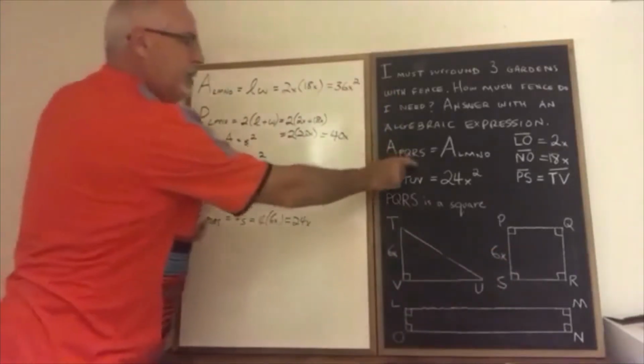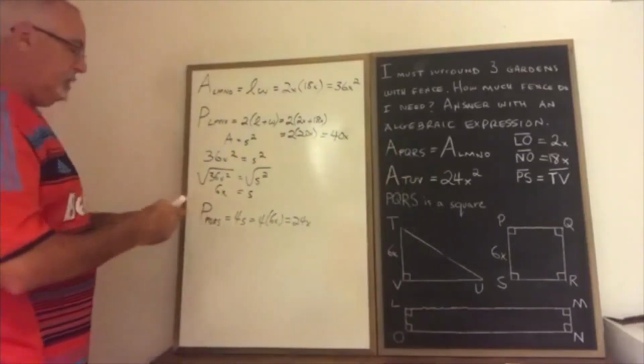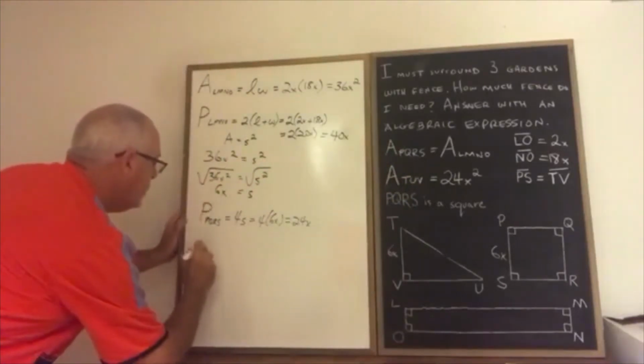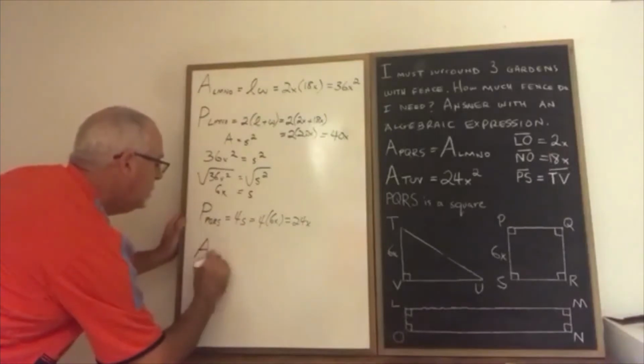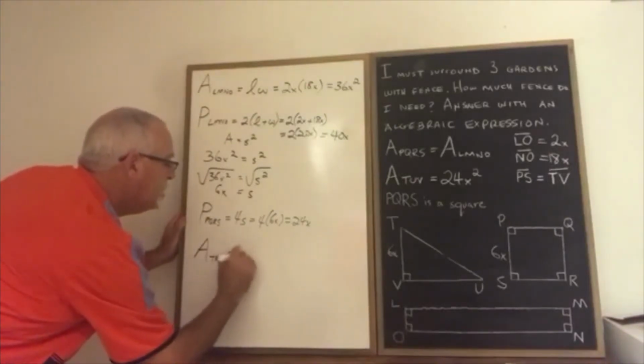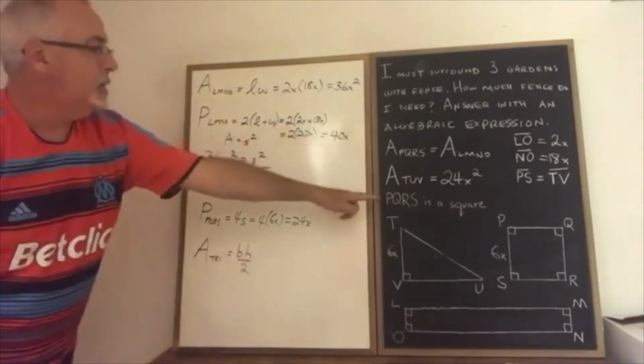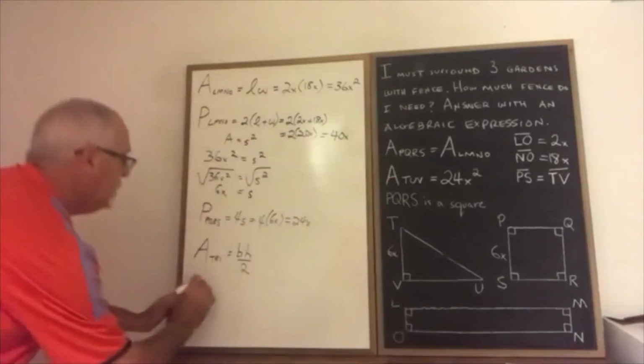And we know the area of the triangle. So I have to do the area of a triangle formula backwards here. The area of a triangle is equal to base times height over 2. So in this case, the area 24x squared